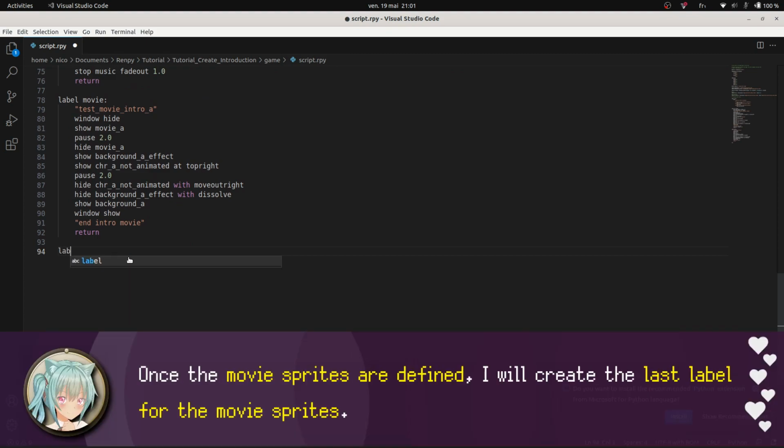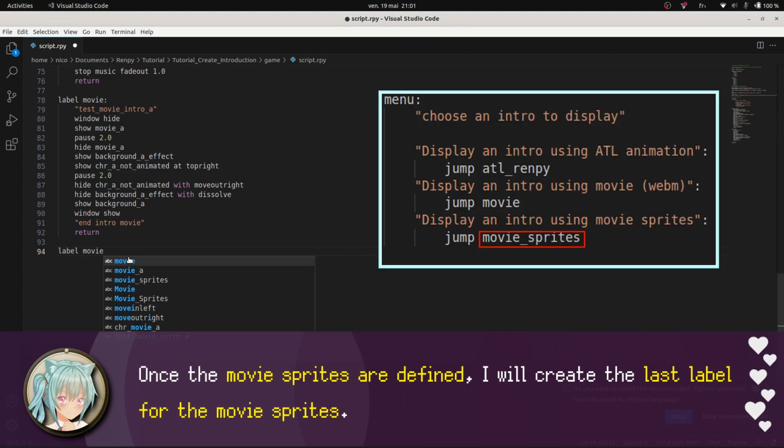Once the movie sprites are defined, I will create the last label for the movie sprites.